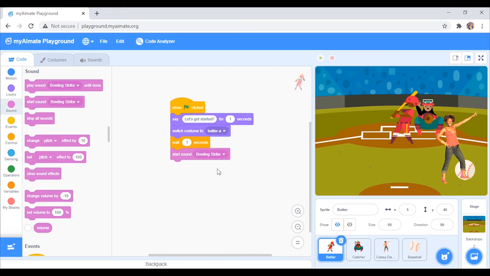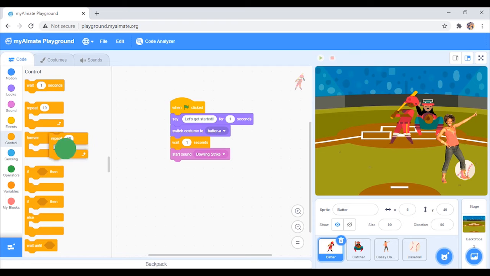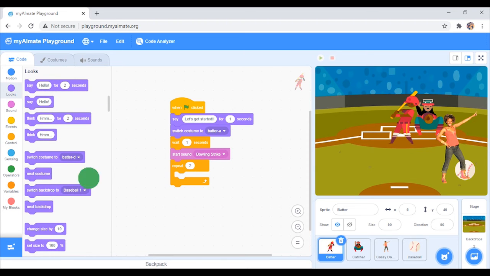Now we use a loop 2 times to switch to the next costume. This may make it seem to be moving. After the ball has been tackled, we will need the batter to switch to the original position.